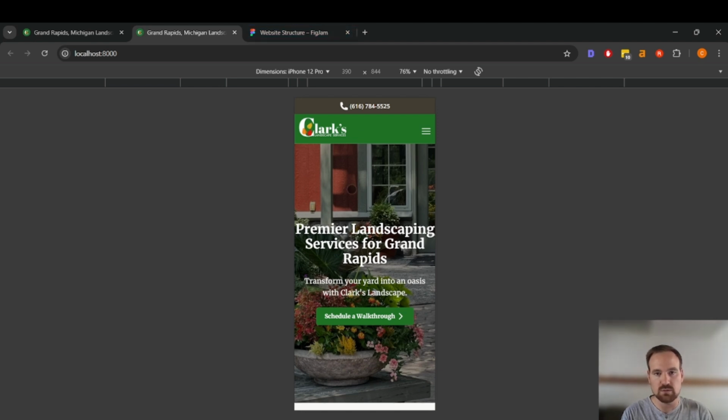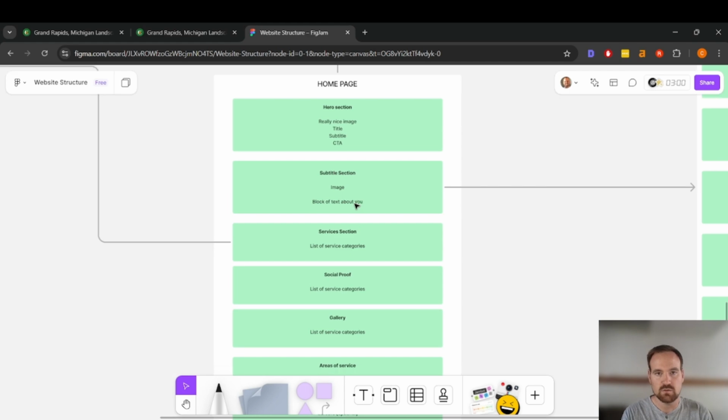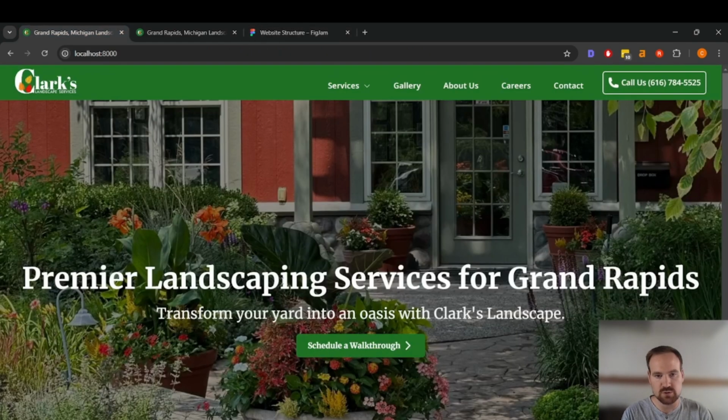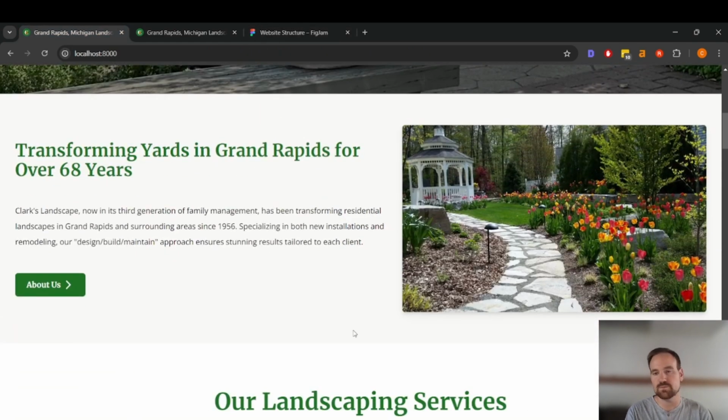So that's where you're going to be starting. You have your hero section. From there, you've got your subtitle section, which is just a block of text about your company. So in this case, it's just a little bit of a blurb about the history of the company and a link to their About Us page, which gives you